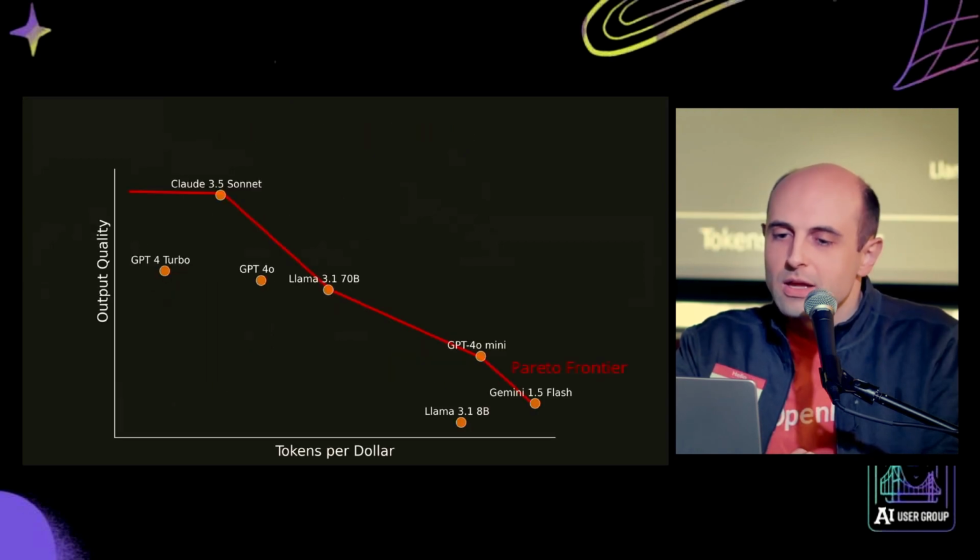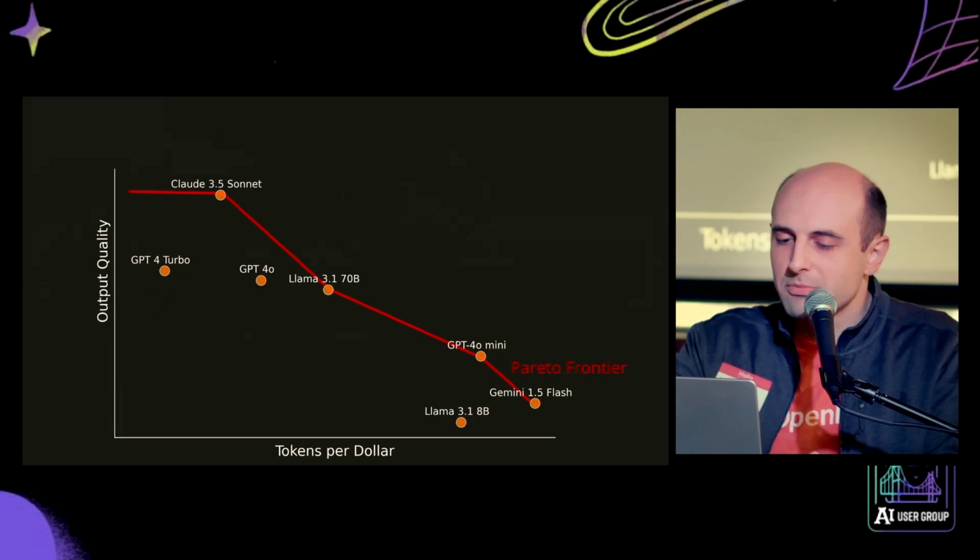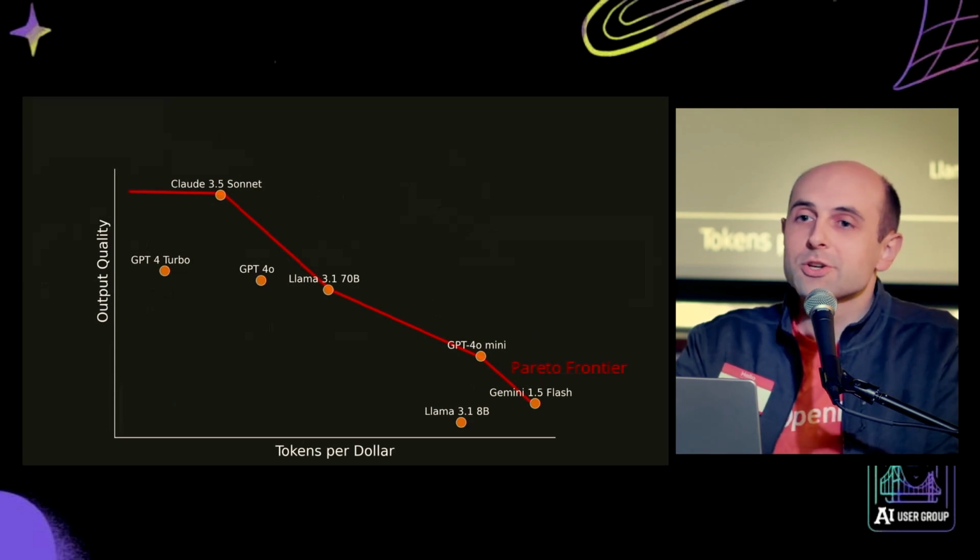Okay, so what does this do? Let's say we're bringing that technique into this output quality versus tokens per dollar chart. Well, we can add that prompt chain we were just talking about as its own category here. And I'll put that right there, okay? We're calling that mixture of agents. That's just the name of this specific prompt chain.